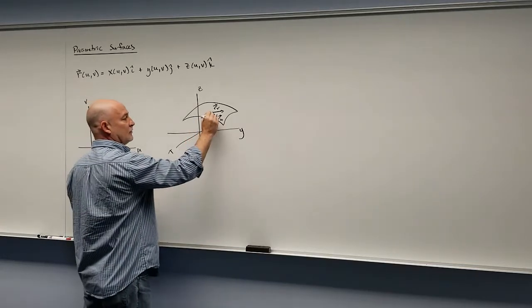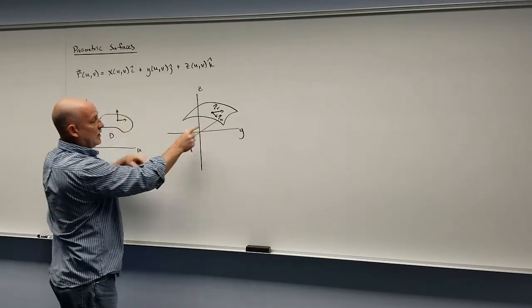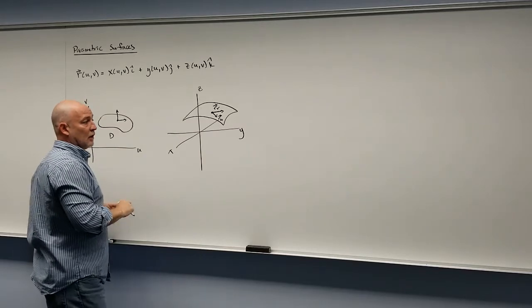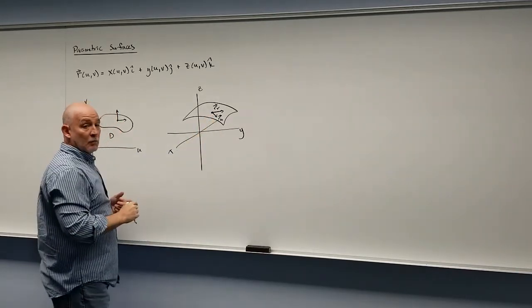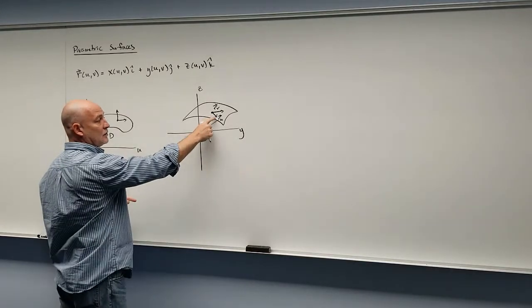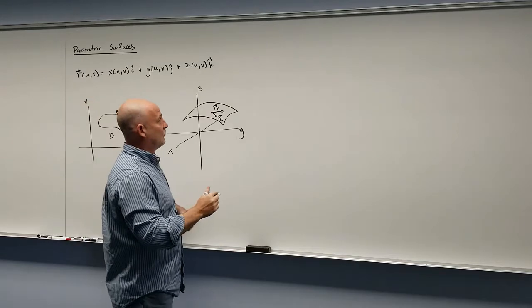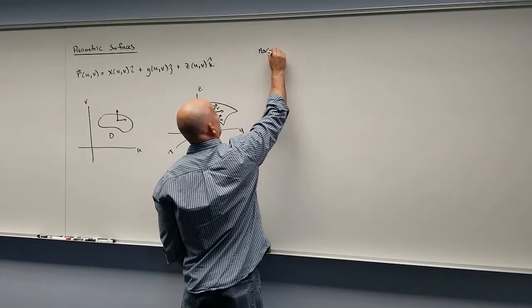Now, it's not obvious from the way I have the picture drawn here, but when you take these two and map them over here, these will actually be tangent to the surface. So if these two curves are tangent to the surface, if we want to find a normal vector, all we'd have to do is find the cross product of those two, like we did way back in 4 or 5 chapters ago. So a normal vector